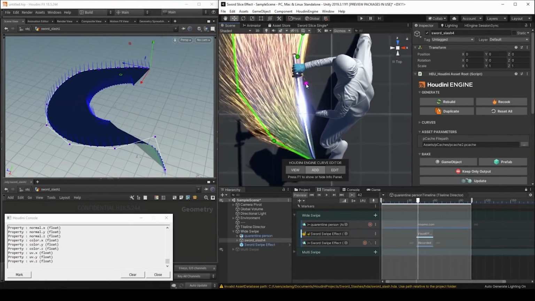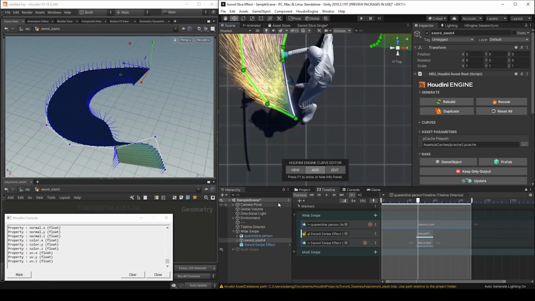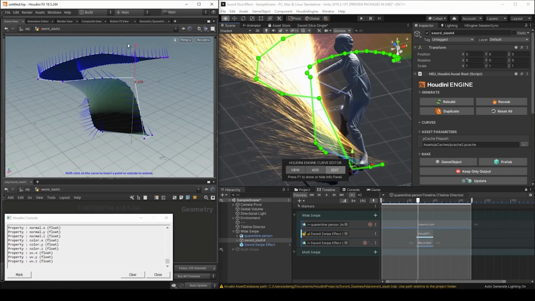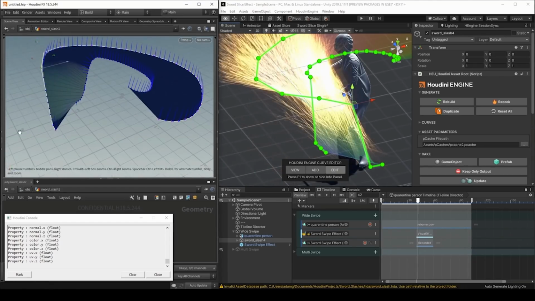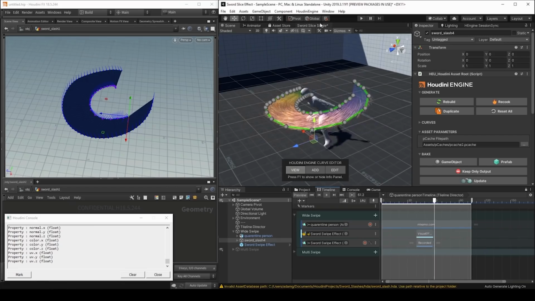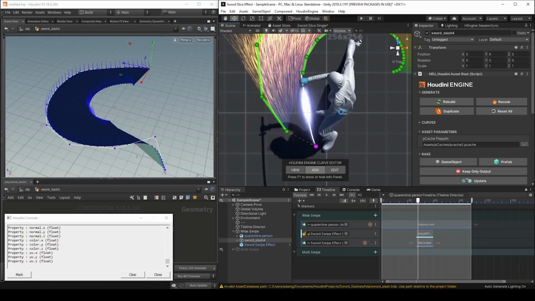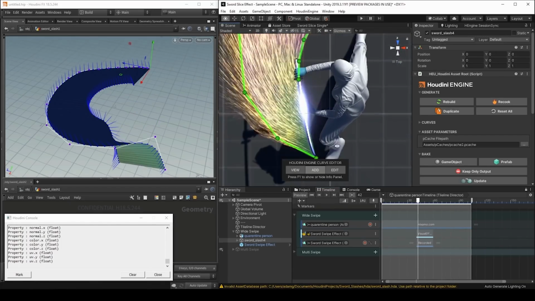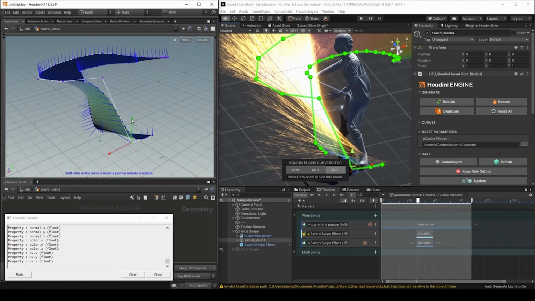Of course, it's not just Unreal. Here is Unity doing a session sync as well. So as we manipulate this curve in Houdini on the upper left, you do see it updating inside of Unity as well, which again is a really interesting